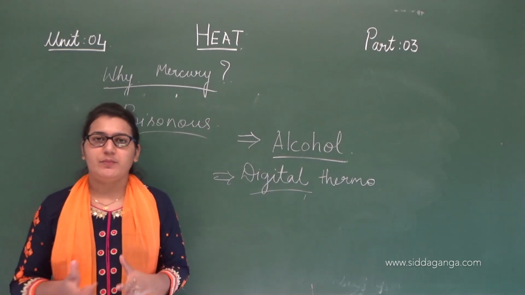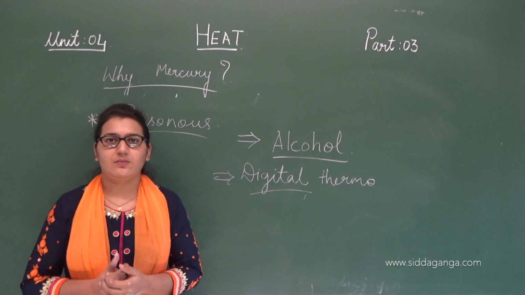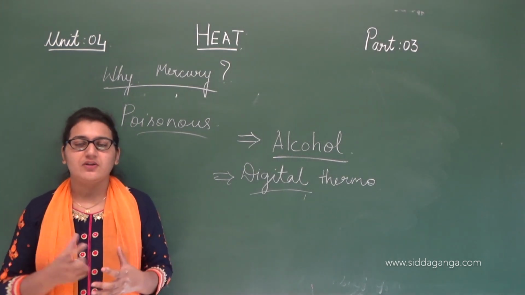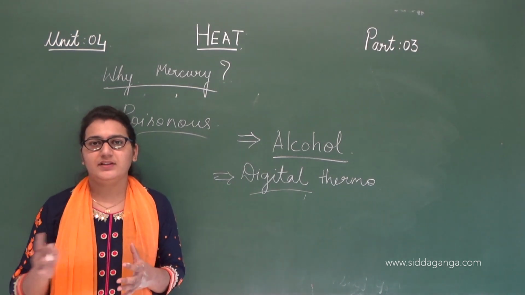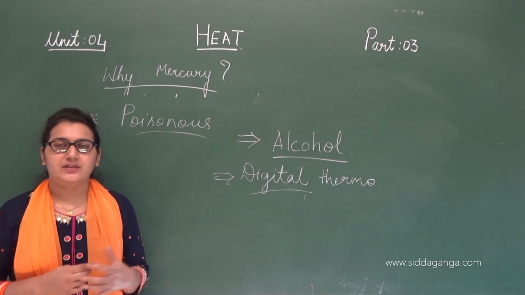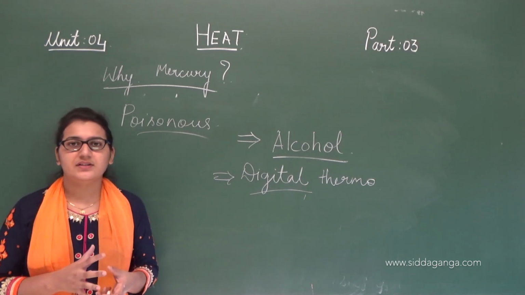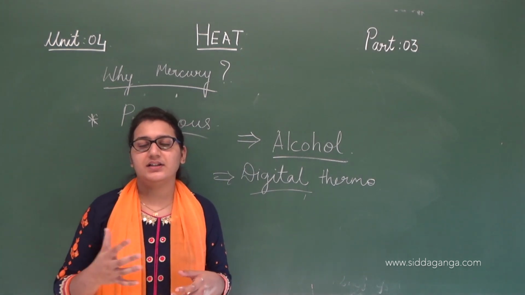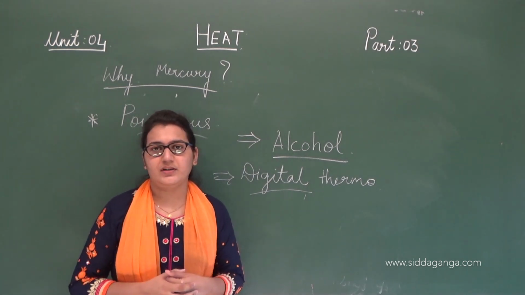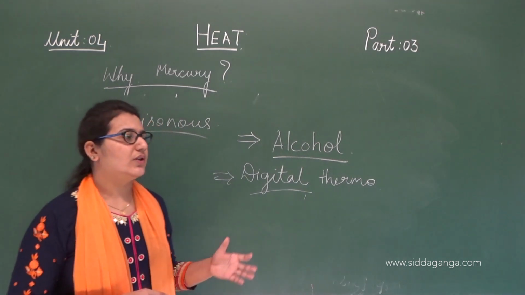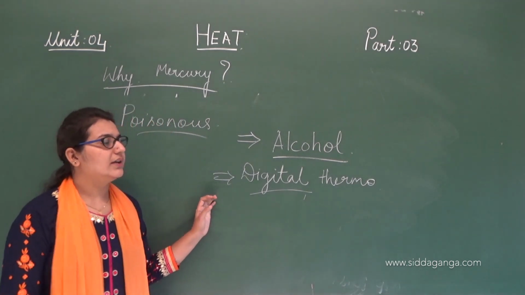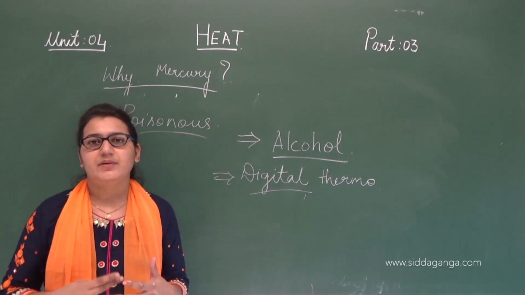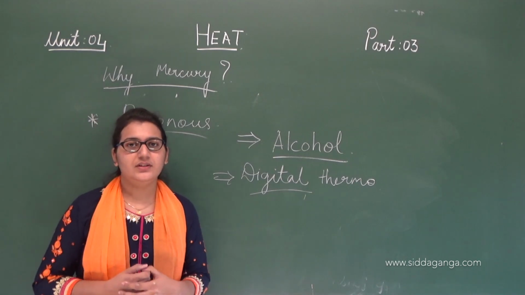So this is all about the thermometers, both clinical and laboratory. The construction and reading of the thermometer remain the same between the clinical and laboratory thermometer. The major difference is the presence of a kink. Since there is no kink in the laboratory thermometer, there are differences in using these thermometers. So this is all about today's class, and in the next class we'll discuss this chapter further. Thank you.